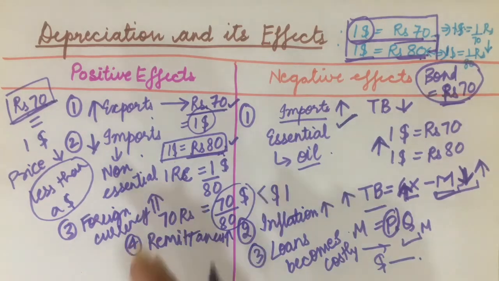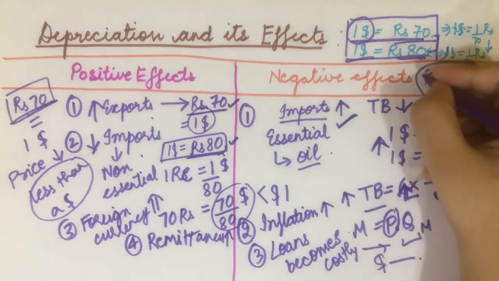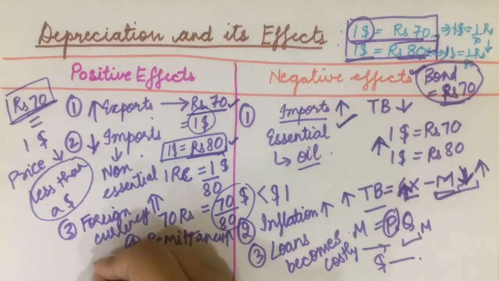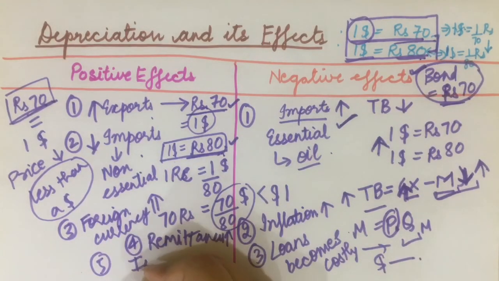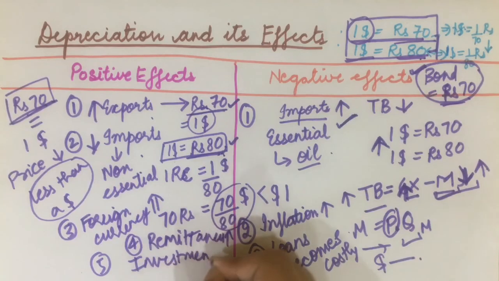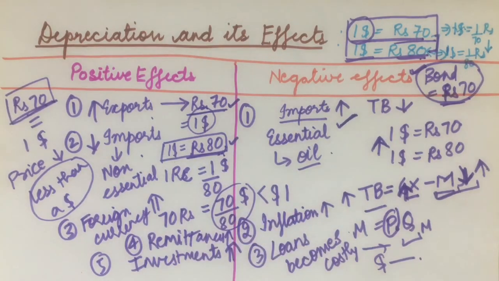This is the same as the price of exports we discussed. So now foreigners have to pay a price less than $1 to get this investment. And so the investments that India receives go up. Why? Because the price of investments in dollars is going down. This is the same as understanding the price of exports going down for the foreigners. This is the same example we discussed here. That's the reason the price of investments is also going down and the number of investments is going up.